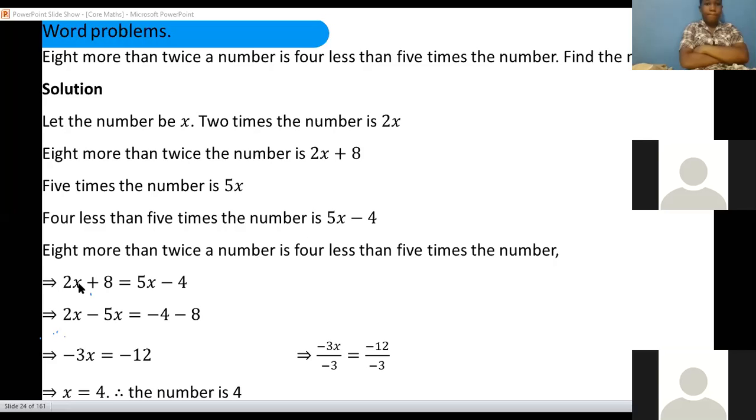So we have 2x plus 8 is equal to 5x minus 4. Then what we need to do here is to group like terms. When we group like terms, we're going to have,